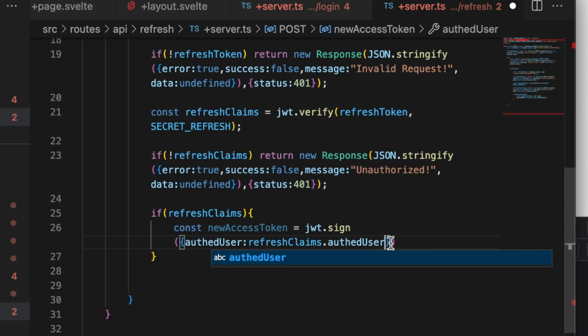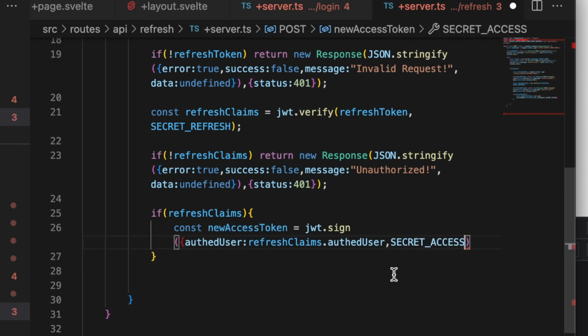And we want to use the secret access environment variable to sign that one, because that is going to need to be verified on our application that's receiving the authentication. And so now we need to set the rest of the items same as we did before. Secret access, we want to set the expires in. This one again, whatever you're comfortable with, 5 minutes, 10 minutes,